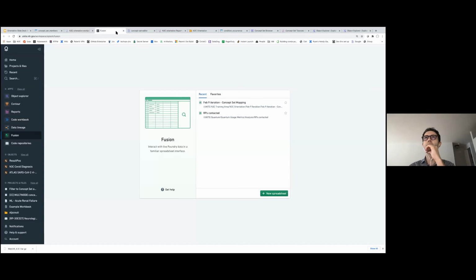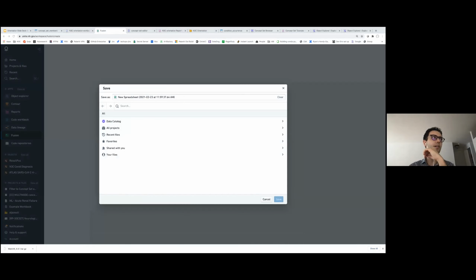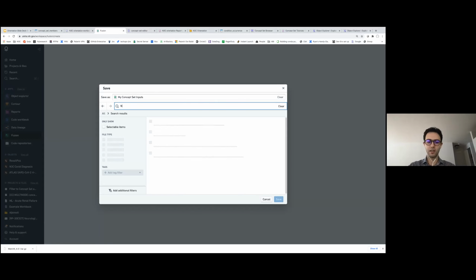So let me open a spreadsheet and save it in my N3C orientation folder. And I will explain what I mean by the configuration. So let me call this my concept set inputs. And I'm going to save it in the N3C orientation folder.